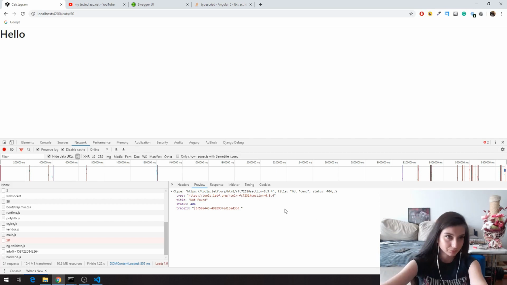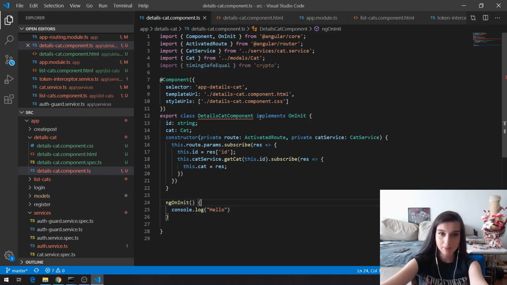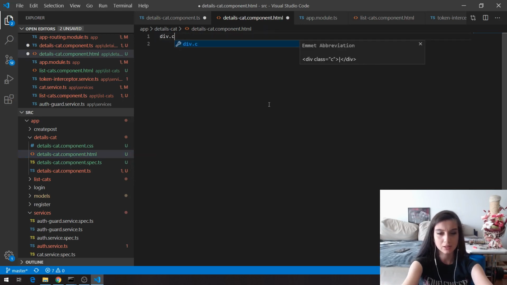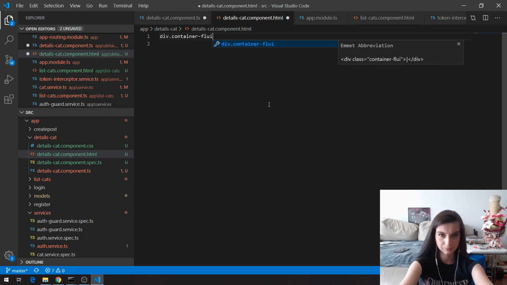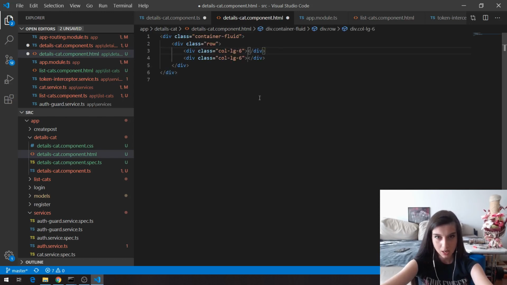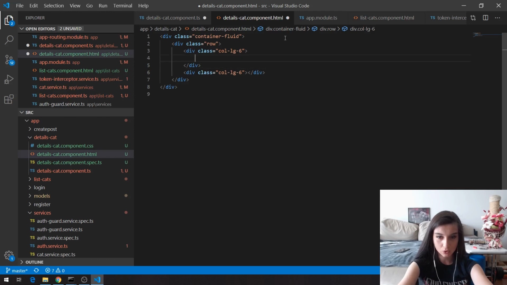Okay, so now I'm going to write my HTML for displaying this cat, and how it's going to look. So let me think. We have this picture, and after that we have some common information about this cat. For now, we can make it ugly and just do something like a div with class container-fluid. Of course, after that we can do it with a pop-up, for example. Div with class row, and we're going to have two columns, which will be LG6 multiplied by 2, and here I'm going to say that I want an image,